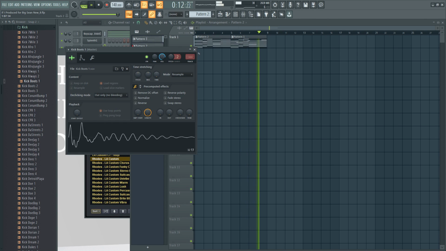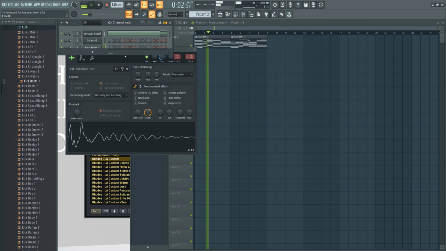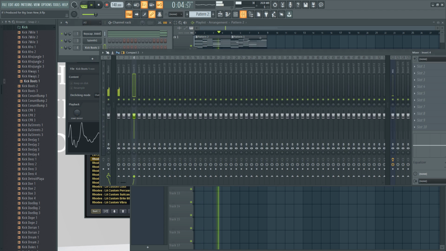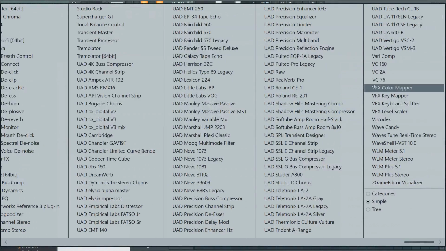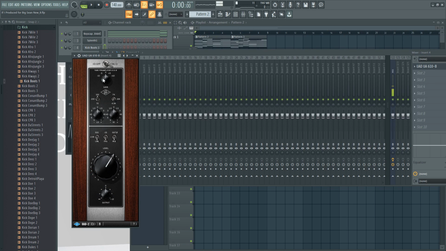A lot of people, again, I'm going to move a little faster here because I just need to. A lot of people give up on their drums because they don't understand how to mix their drums, so they think if a drum is quiet, it's bad. Let me show you how to boost the drum. We're going to run it through a preamp. I'm going to boost it, turn the levels up, turn your output down. Be careful with the output.